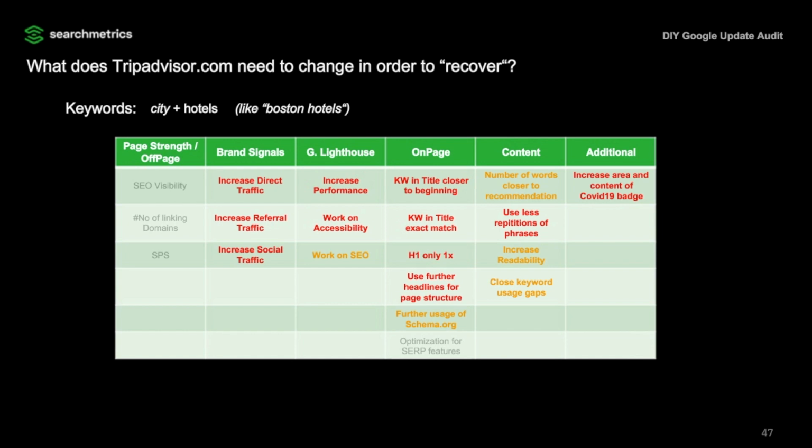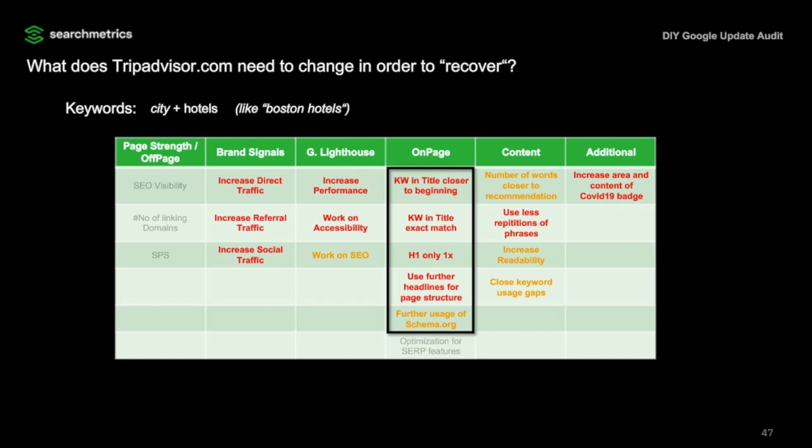And a very fast thing to do is increasing the area of their COVID-19 badge and putting a little more content on there. A quick win is probably all the things that you can do on page. So building a new pattern for the title, which goes over all the pages. They don't need to change every title by hand. They simply change the pattern and it goes over all those landing pages. They can work on their template, which serves all those pages